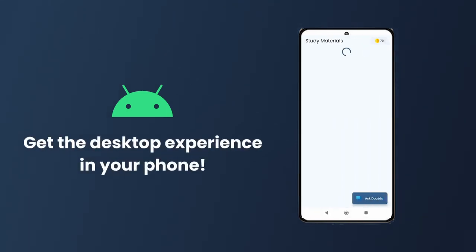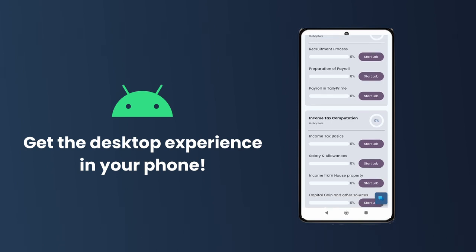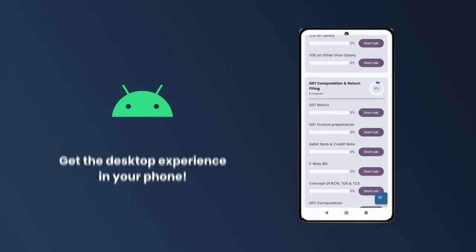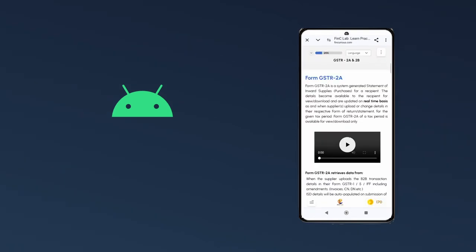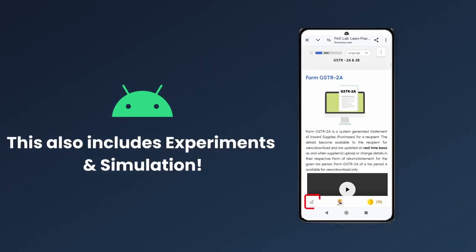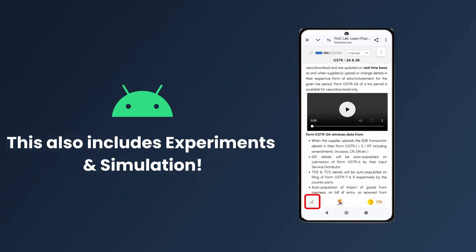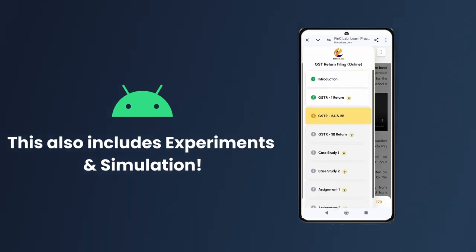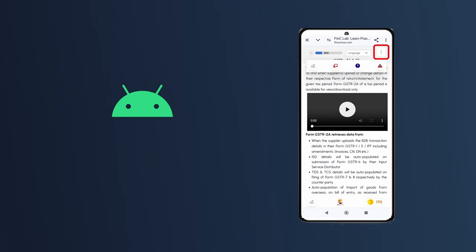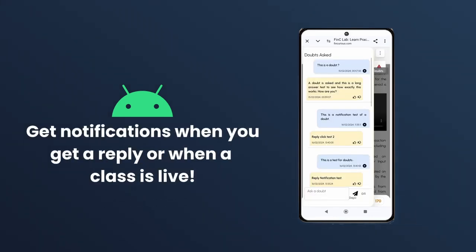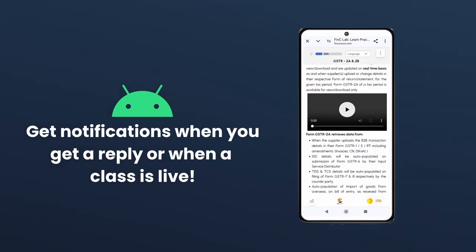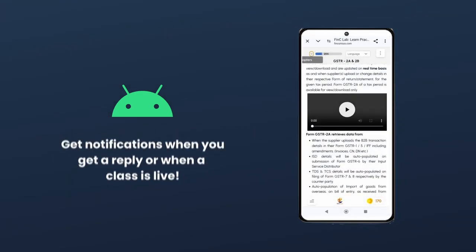You will be able to see the same progress bar for both chapter and the module. Clicking on Start Lab will open the same lab access with all options from the website in a phone interface. Click on the menu icon on the bottom to see the different sections. Click on the Options menu on top to open extra options such as DSS, Calendar, Doubt section and more. With this, you will now be able to learn on the go.